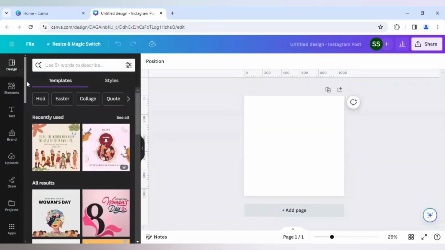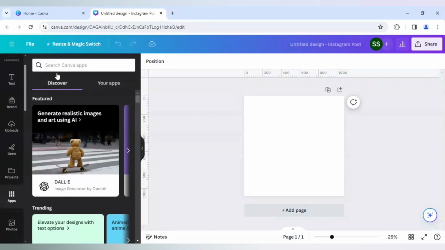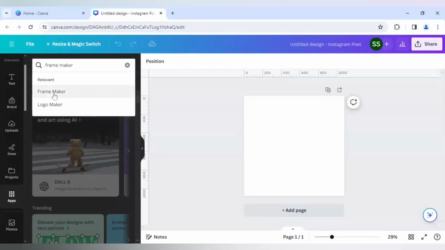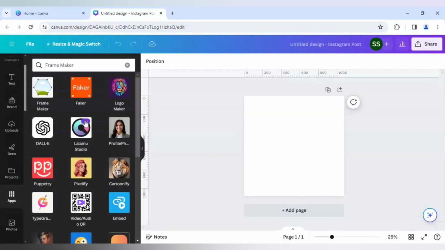So I'll be heading to Instagram post square format here. And I'll be using a new app. I will head to apps and here I will write frame maker. Okay, so I will click on it and click on this app, this frame maker,